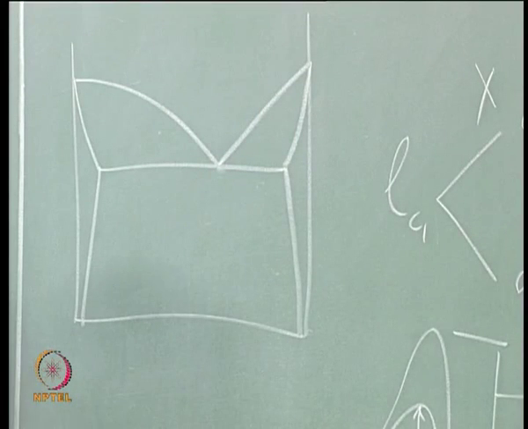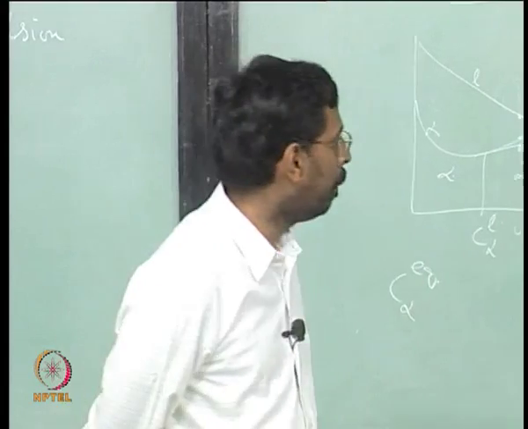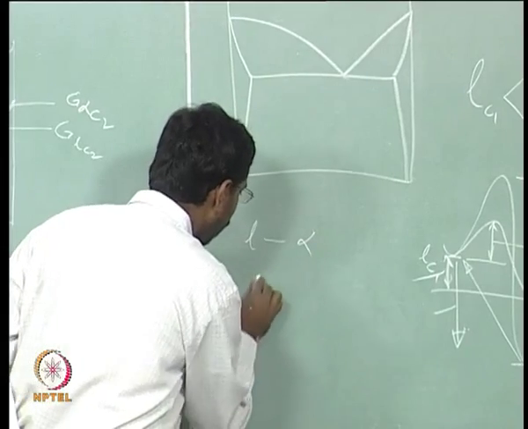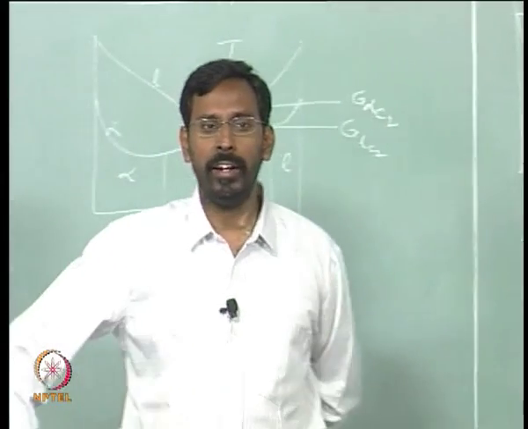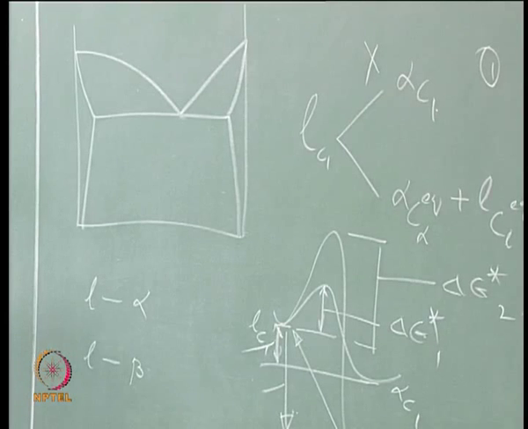And now, if it is a eutectic phase diagram, I will have not simple one T naught curve, I will have two T naught curves. Why? Because I will have one T naught curve between liquid and alpha, I will have another between liquid and beta. In fact, I can even talk about another between alpha and beta. We will not talk about it right now because it is not of that much significance, because we are talking of solidification.